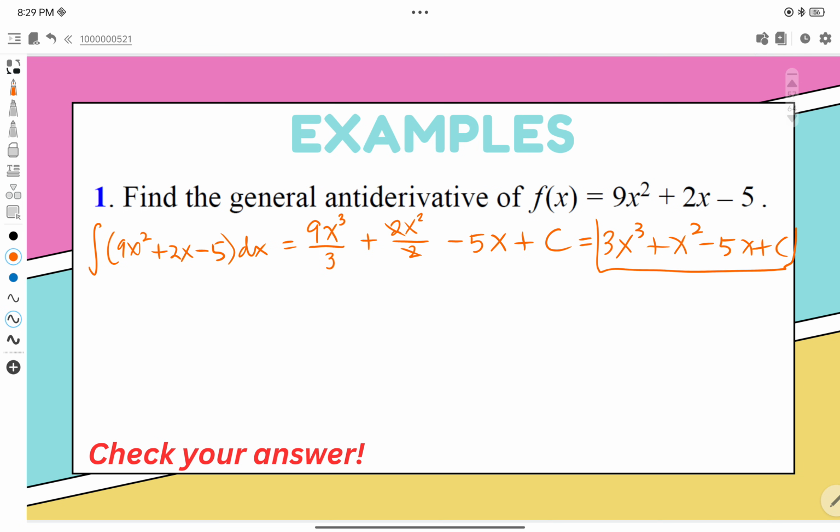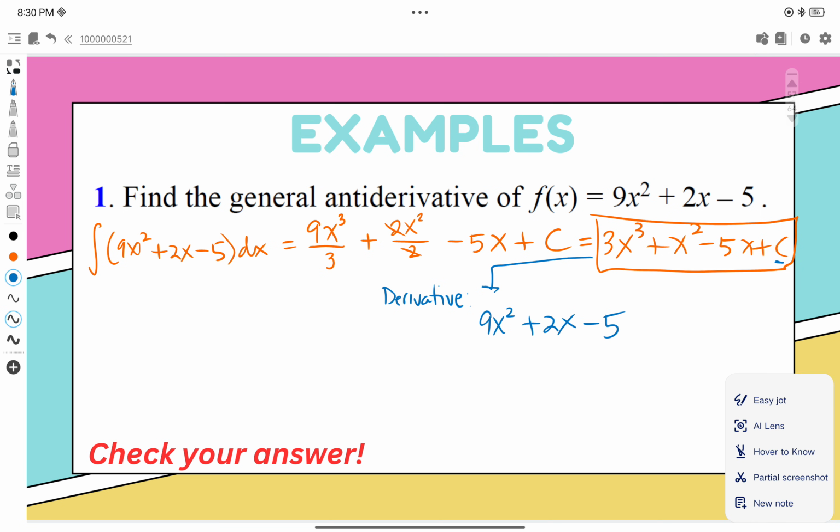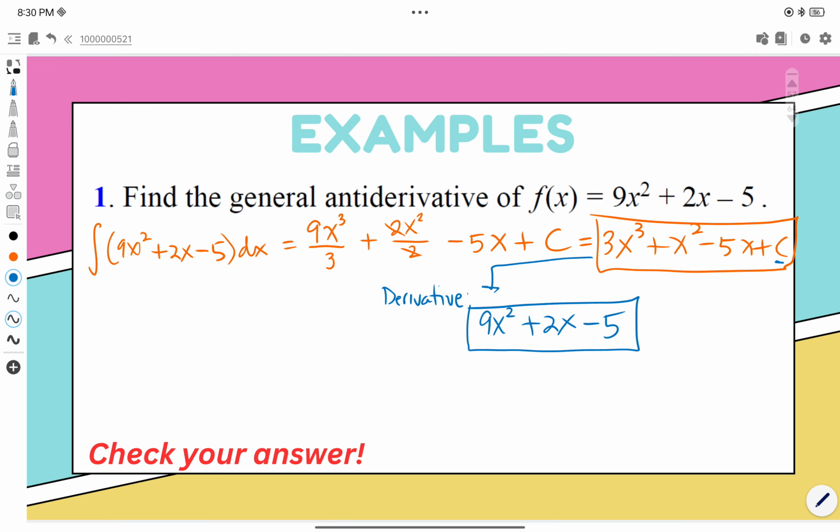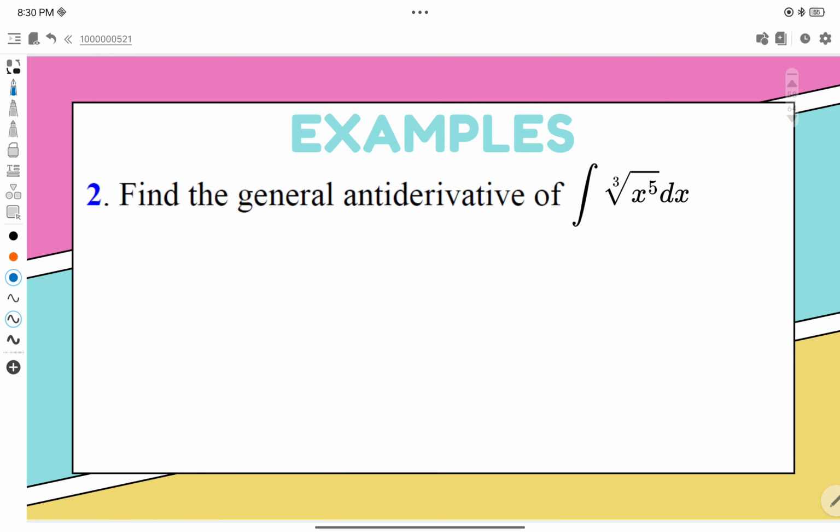Now, how do you check if your answer is correct? By definition, we can take the derivative of our antiderivative. So taking the derivative here, we have 9x squared plus 2x minus 5. The derivative of any constant is 0. So as you can see, the derivative is exactly the integrand. So here we are confident that our answer is correct. Another one,